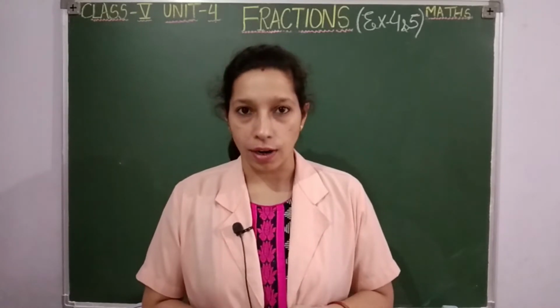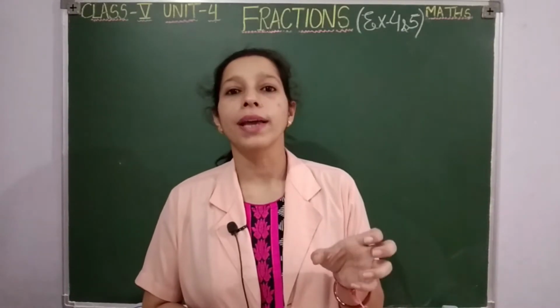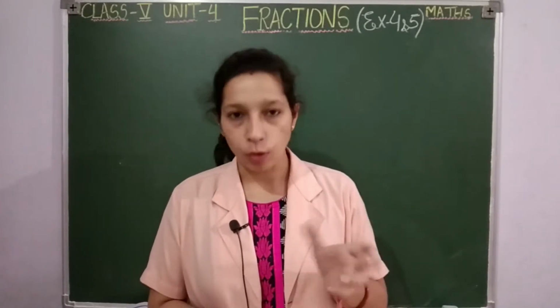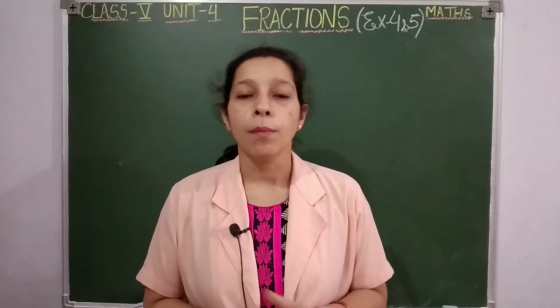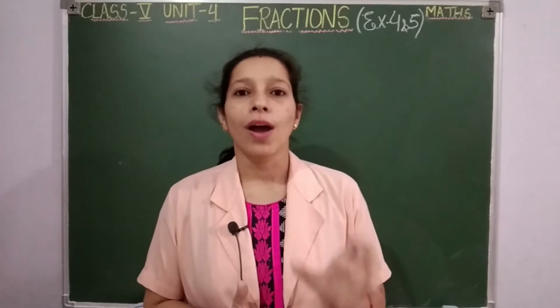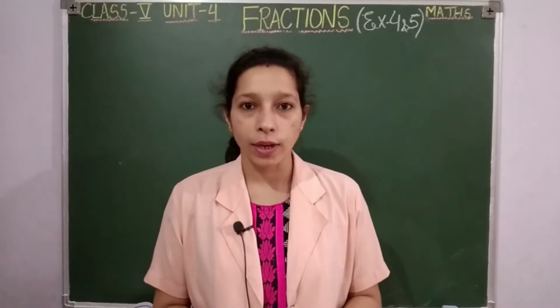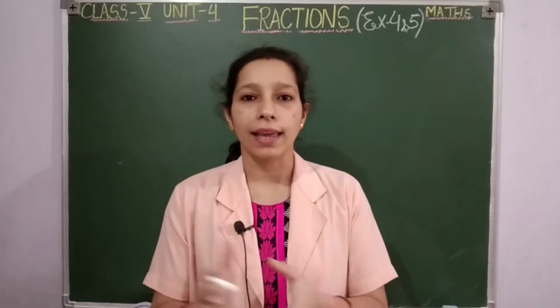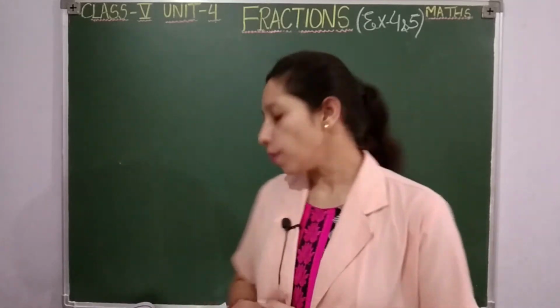But how to convert when the fractions are given with different denominators? How are you going to make their denominators the same? Then only they will be like fractions. The denominators you are going to make the same by using LCM. Make this very clear. Whenever you have to compare unlike fractions, their denominators should be the same, and how are they going to be the same? You are going to do it by taking the LCM. So without any further delay, let us see exercise number 4 students.